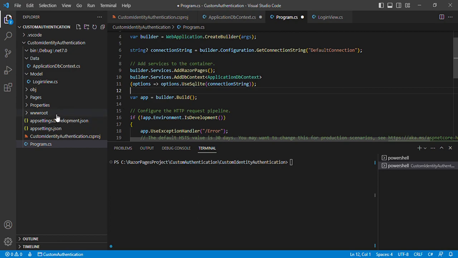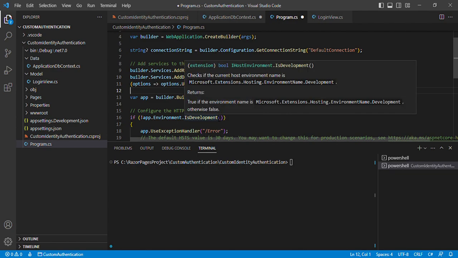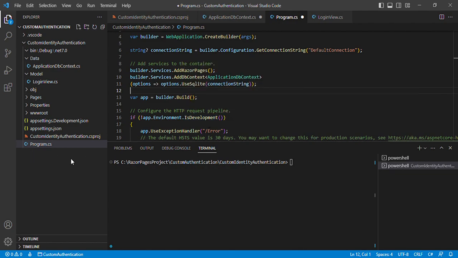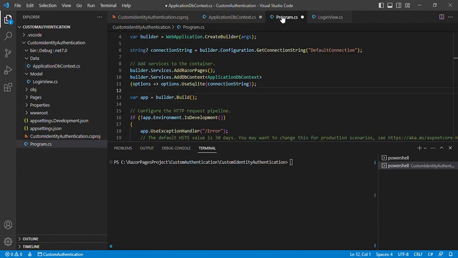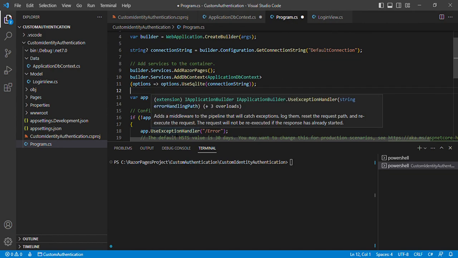Cool. Now we are continuing with our application. What we now need to do is also add the identity into the list of services. Does that make sense? So that, just like the application DB context, we are also able to get these